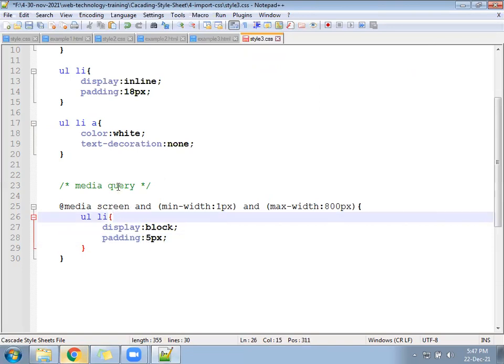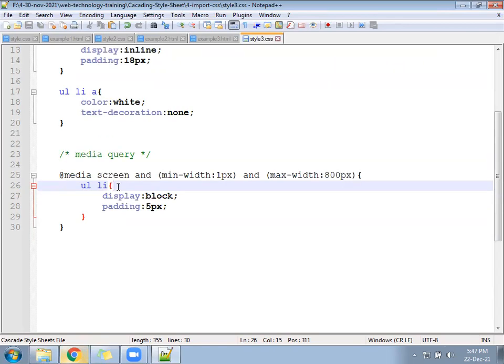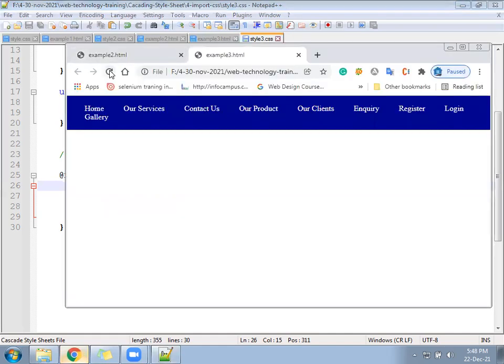Display block you can give. Working. Menus we have added.